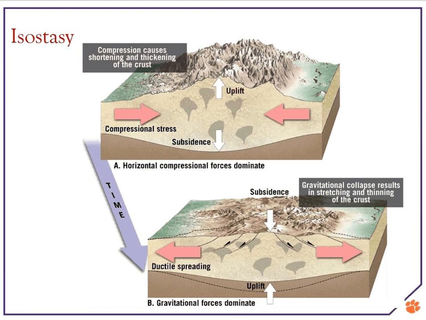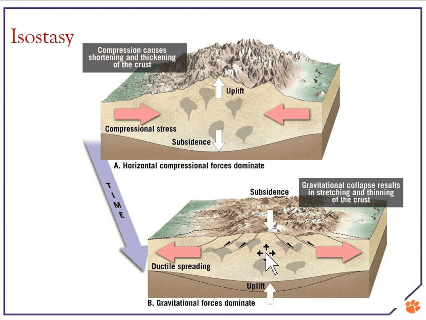So here is another example, another figure showing the principle of isostasy. Here we have compression. It will be causing shortening in this direction and thickening in this direction. So part of the material will be going upward. However, due to its weight, the mass, part of it is going to go down. So it is going to create this root. And in time,